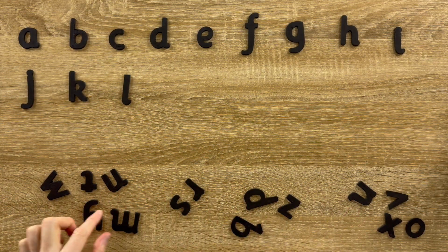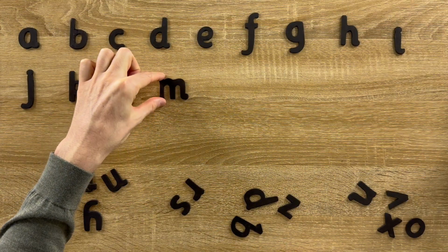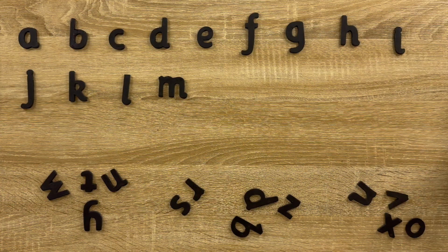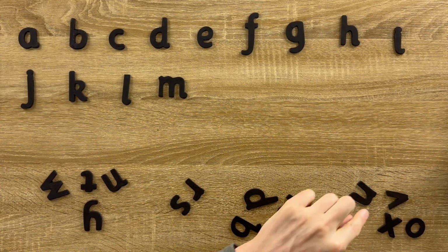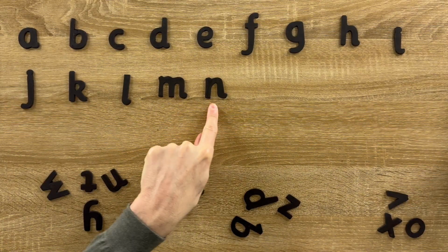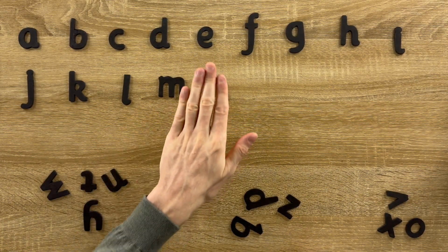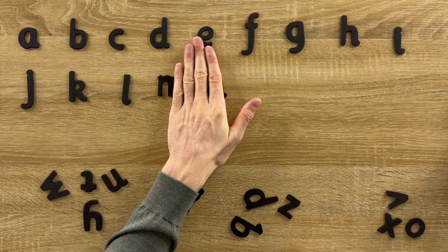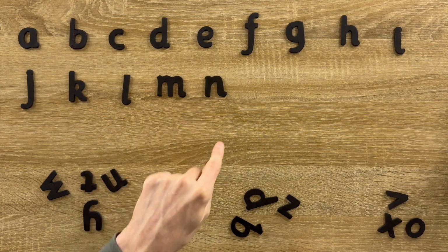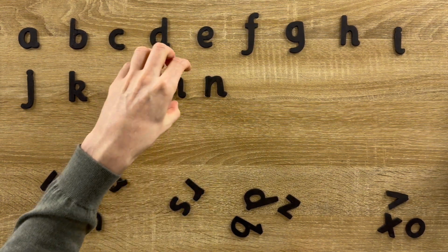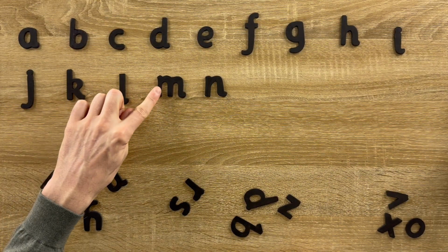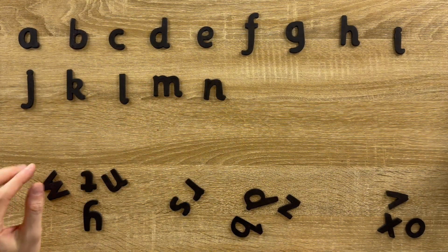M. Okay. Yes, this is my M. M. Good. N. Now, how I always remember M then N: N is like a smaller version of M. So if you cover that up, it kind of looks like an N. So an M is like a 2 of an N, if that makes sense. So I always remember that the big comes first and the small comes second. So J, K, L, M, N, O,